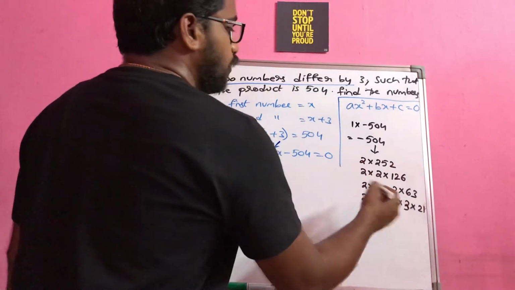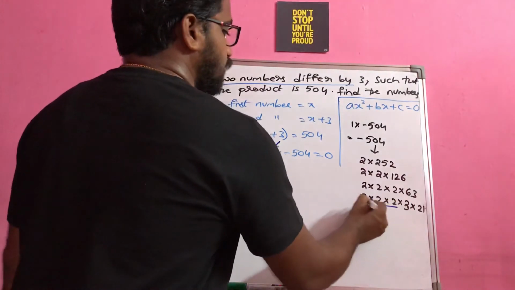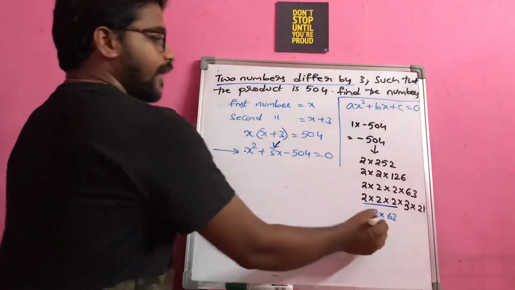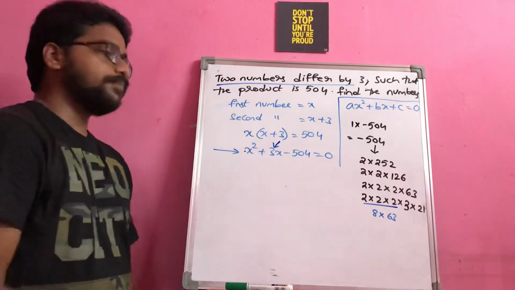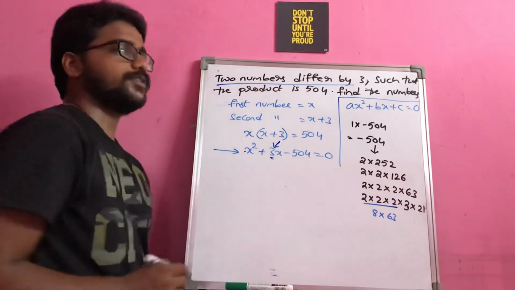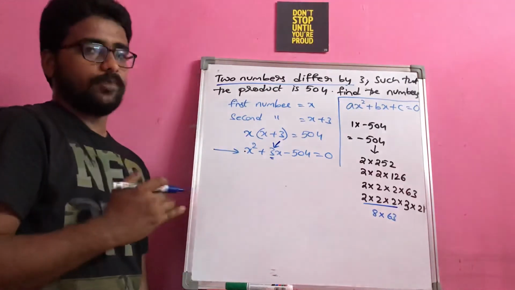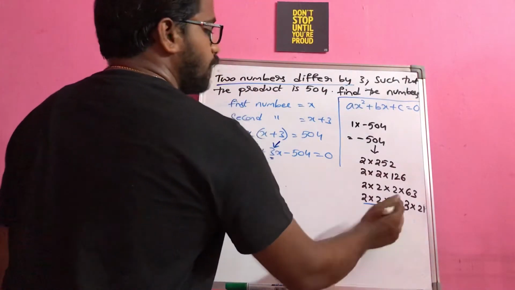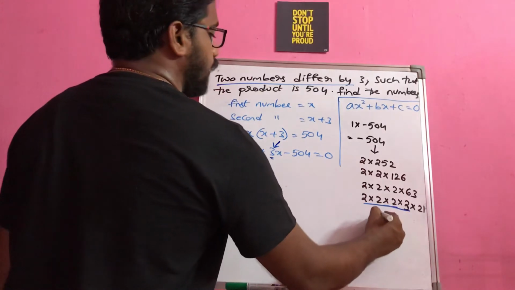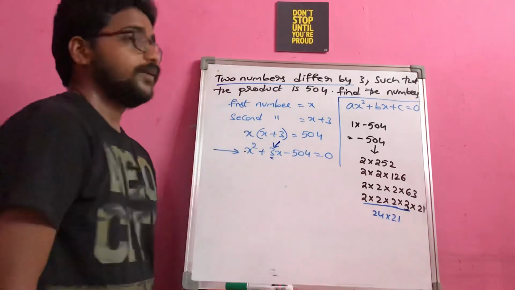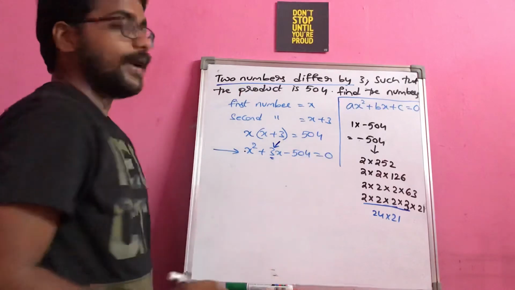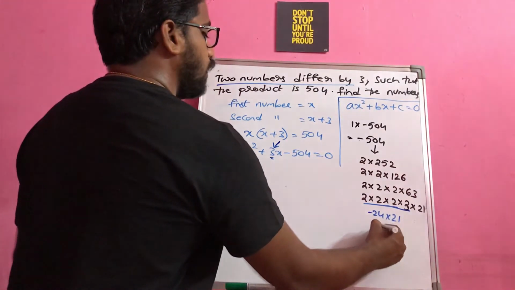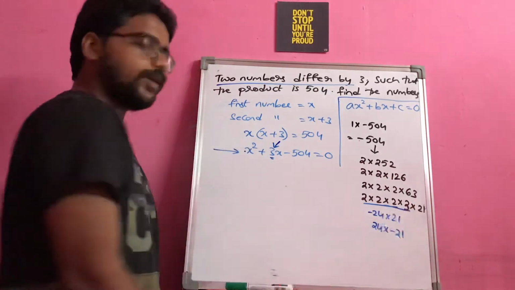So I will try to club these 3 as a group. 8 into 63 I will be writing, and I can keep minus for any of the terms, but still I won't get 3 as a difference because 63 is a big number and 8 is a smaller number. It's a little bit far. So I will change the combination again. If I group like this, I will be getting 24 into 21. But the product has a minus sign, so I will keep minus for 24, or even I can place the minus for 21 also.